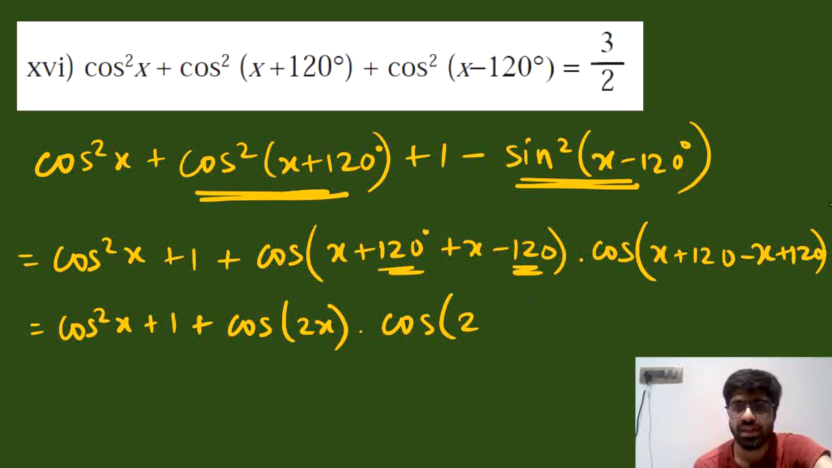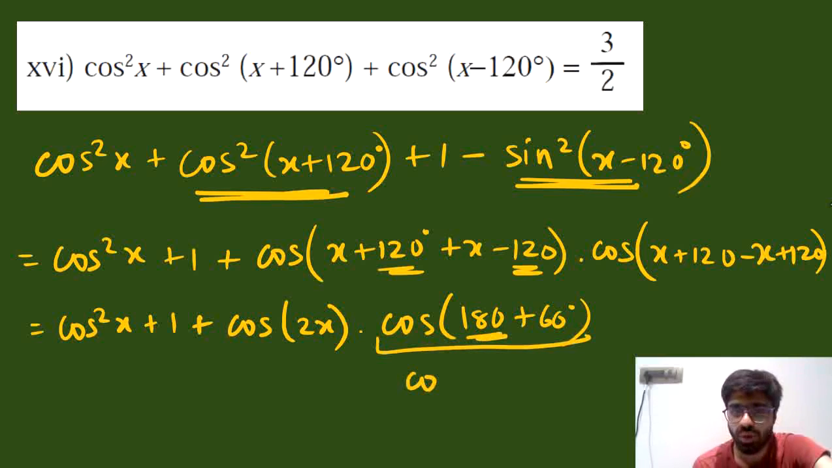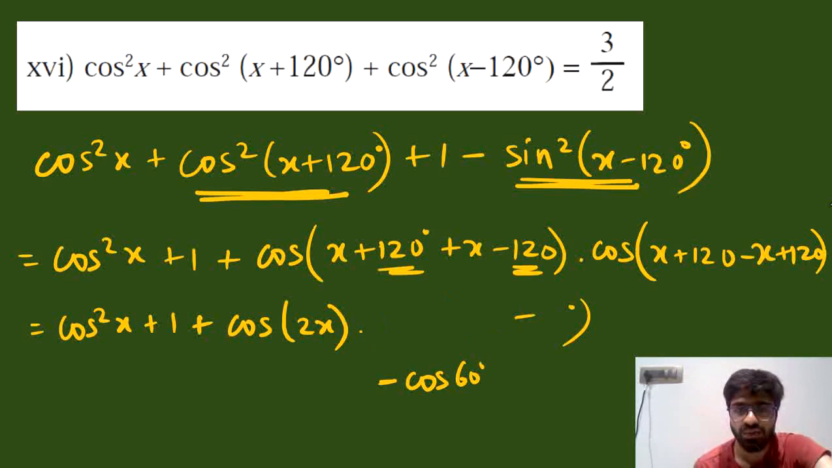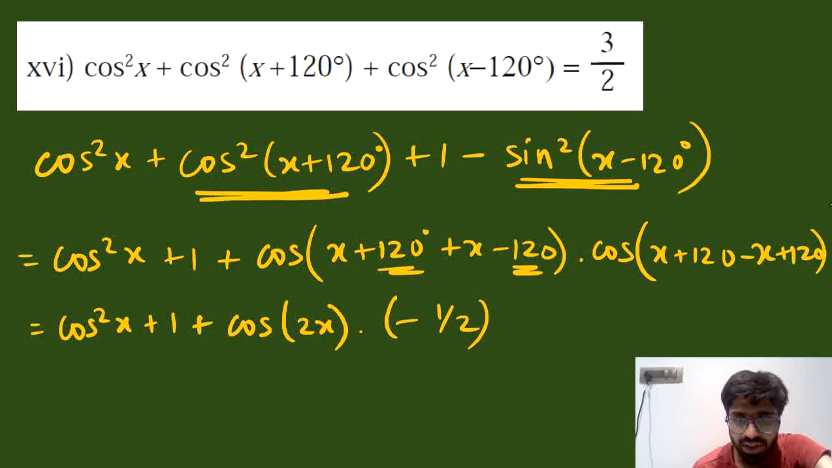But cos 240 is like 180 plus 60. Cos of 180 plus theta, 180 is an even multiple, so the value for this will be equal to cos 60. But this angle lies in the third quadrant where cos theta is negative, so this will have a minus sign here. So the value for that entire expression would be minus of cos 60. Cos 60 is half. So this gets multiplied with a minus half. And finally we have